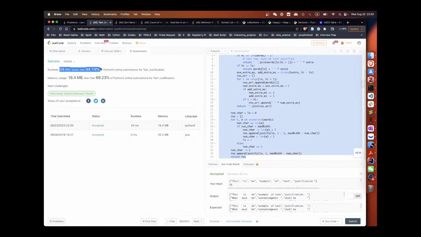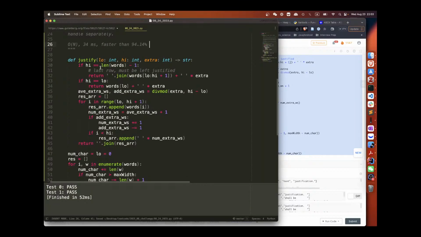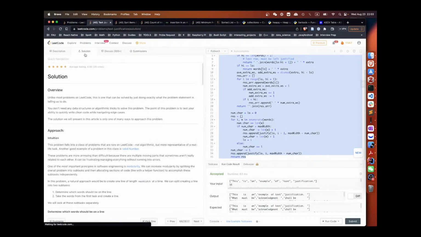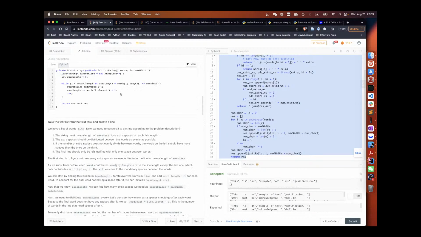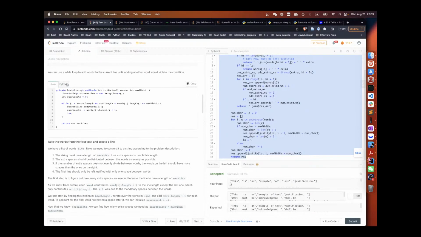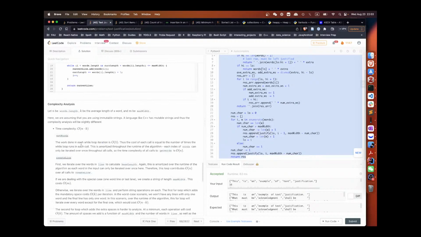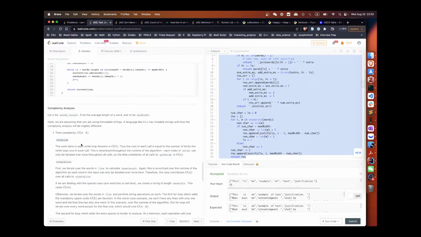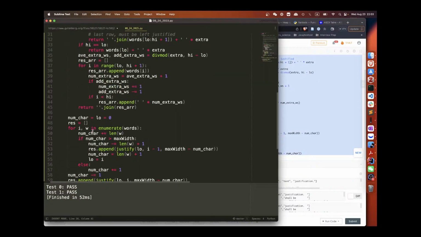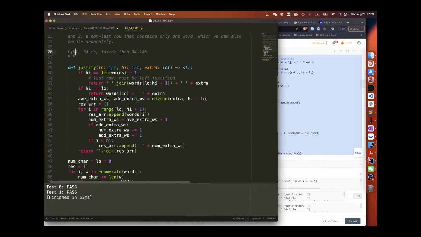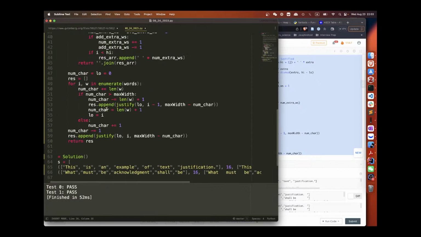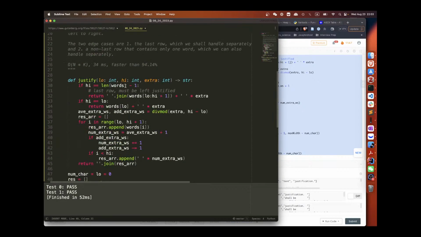Surprising. Okay, then we're done. Oh, O(NK), average length. Yeah, my bad. O(NK), yes. Because this is O(N), because every single word. And in here, we have to go through... actually not here.